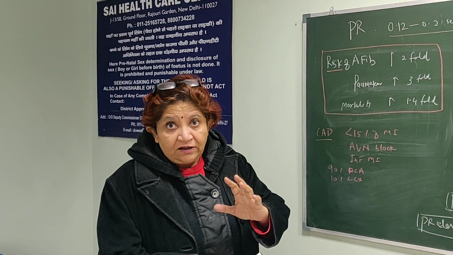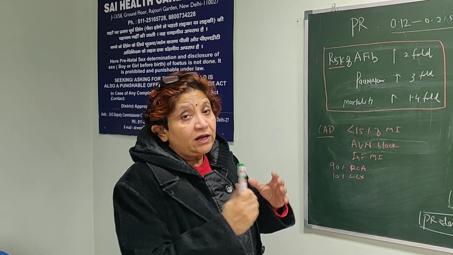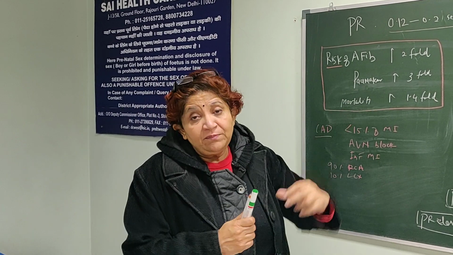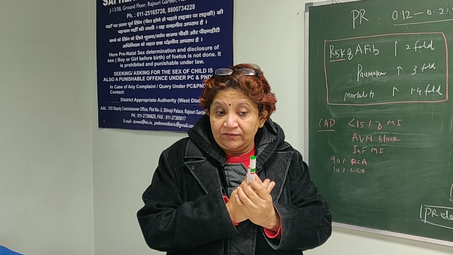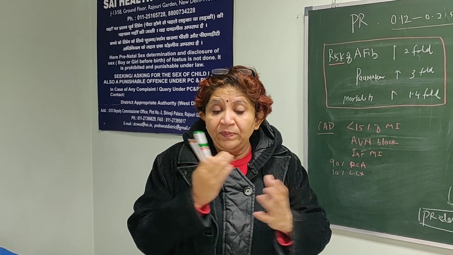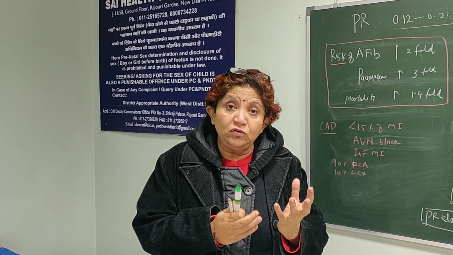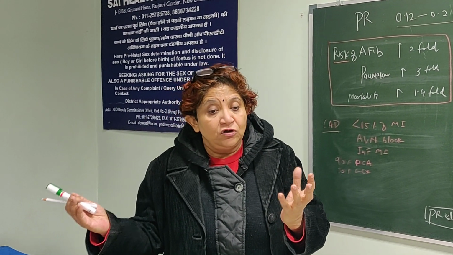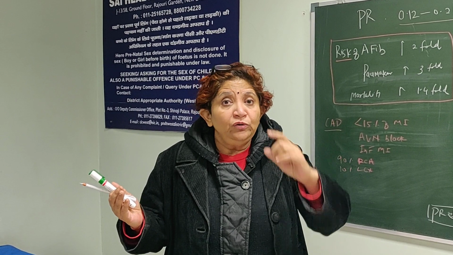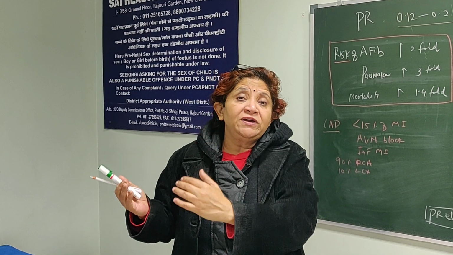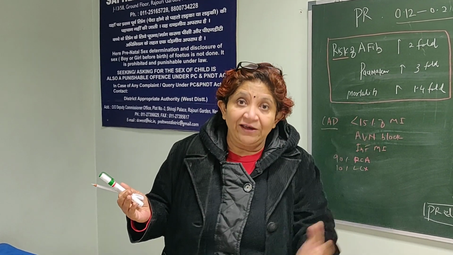It has been seen that if you have a first degree AV block in electrocardiogram, then the risk of atrial fibrillation is increased by 2-fold and the risk of pacemaker implantation is increased by 3-fold, because this AV block, or what we say prolonged PR interval, is a time interval between the onset of atrial depolarization to onset of ventricular depolarization. So the PR interval can prolong due to delay in the atria, due to time delay in the AV node, or due to time delay in his Purkinje system. The delay can occur anywhere.